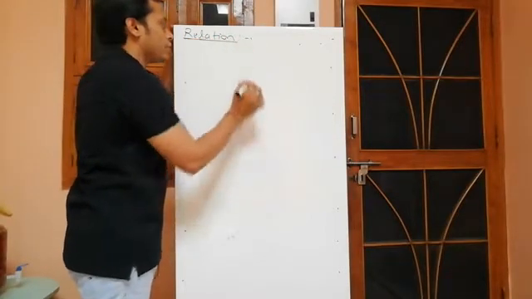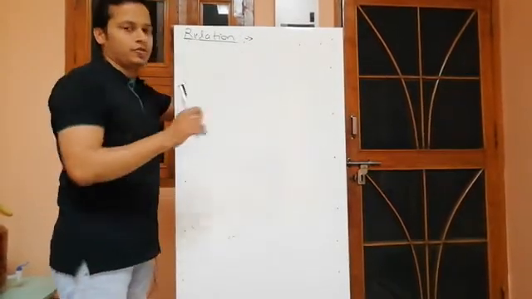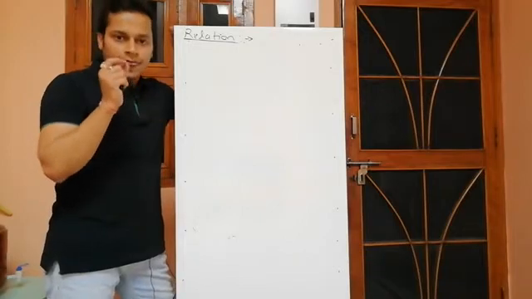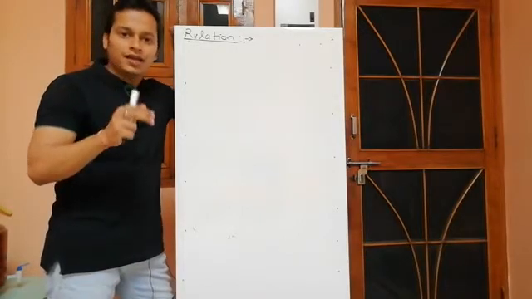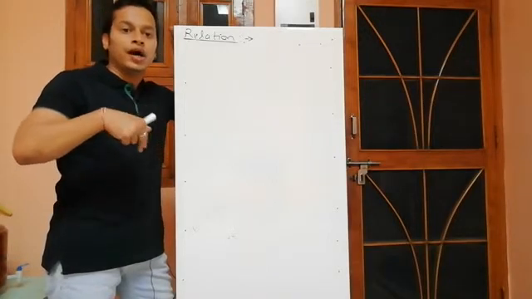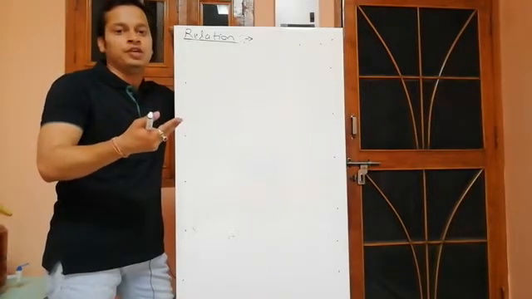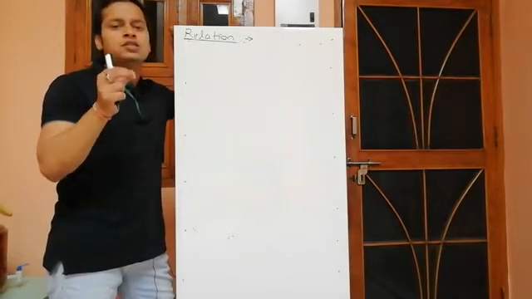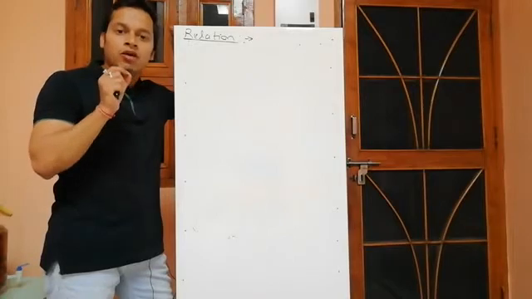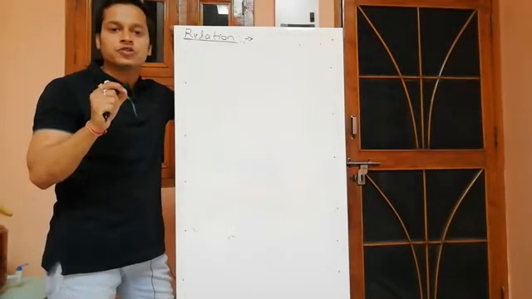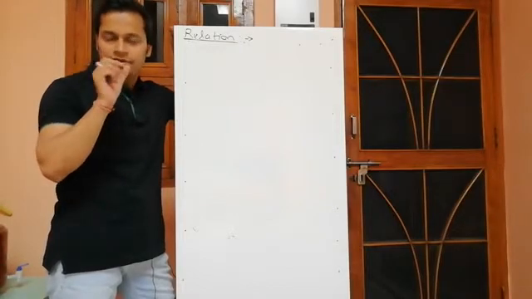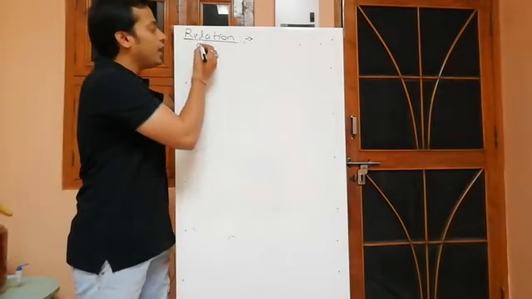Actually, we are taking the Cartesian product to understand the relation only. This is the main thing now. So, what is a relation? Any relation R from a non-empty set A to another non-empty set B is just a subset of A cross B, or simply you can say that every subset of A cross B is a relation from A to B.